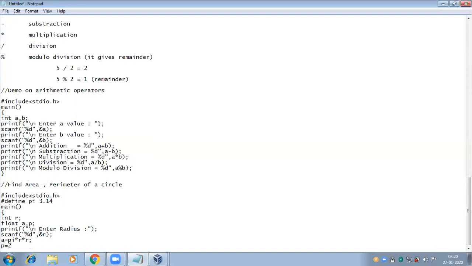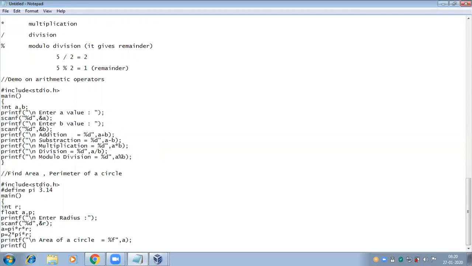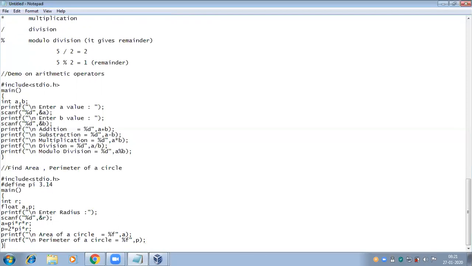Perimeter p is equal to 2 into pi into r. Next printf area of a circle. What kind of value am I printing? Float value, %f, a. Then printf perimeter of a circle. Like this.